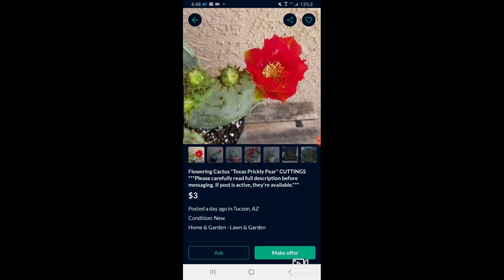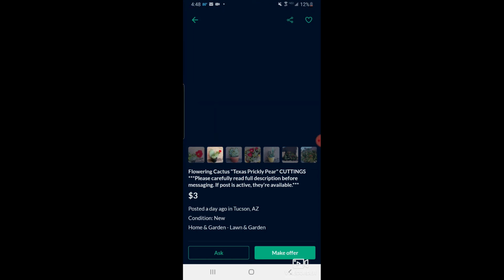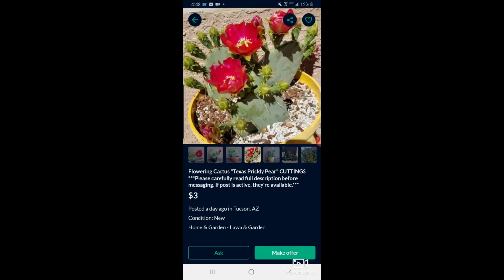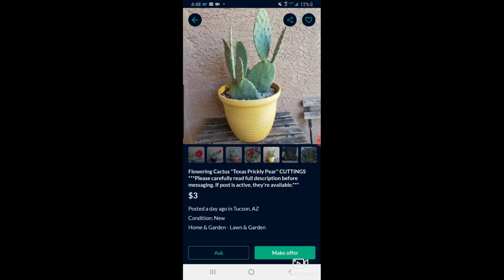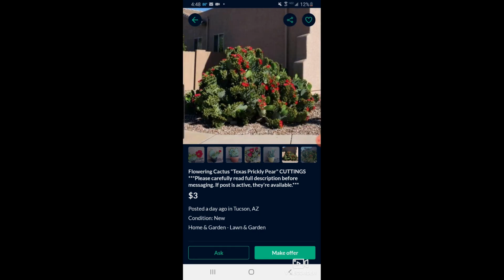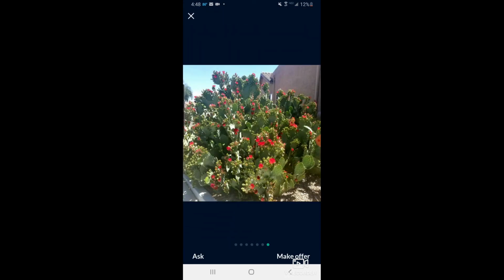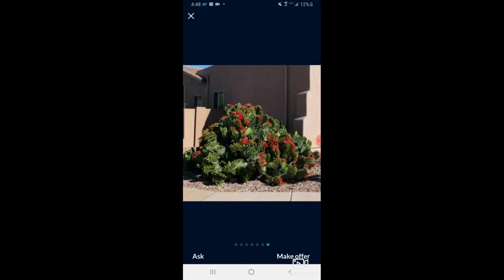All right, guys, still on Offer Up, and someone has a flowering cactus, a prickly pear, Texas prickly pear, that is. It's gonna produce a lot of arms. One day it'll look like that. You can actually eat prickly pear. A lot of people make juices from them. They do have some medicinal benefits, from my understanding. Helps out with digestion,